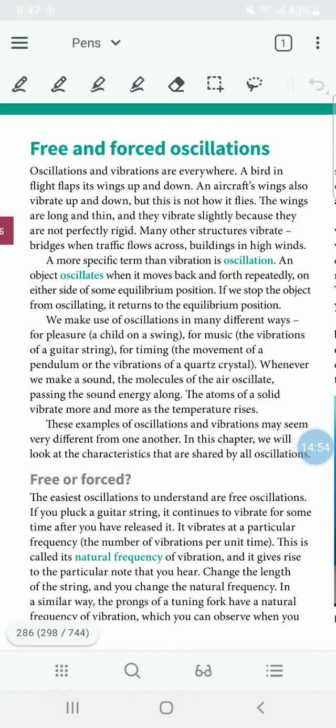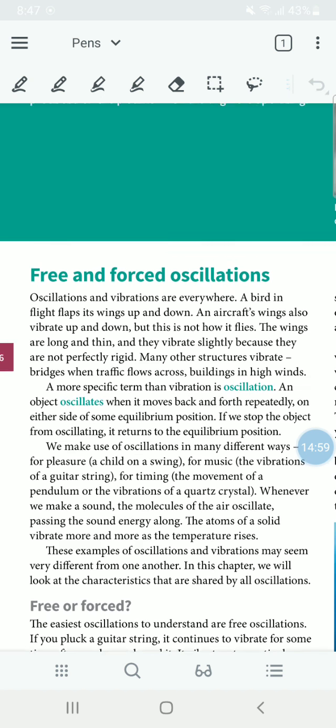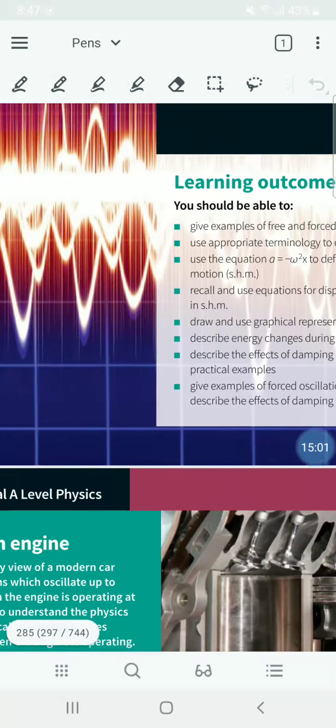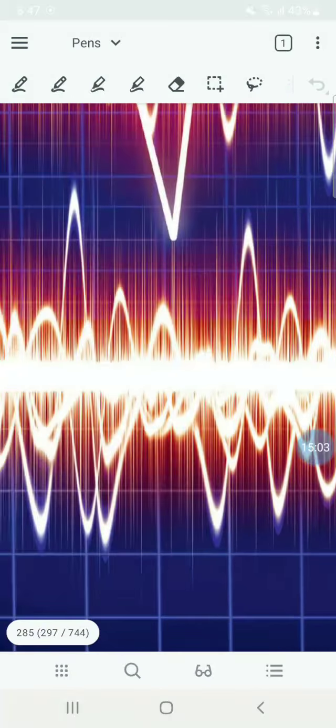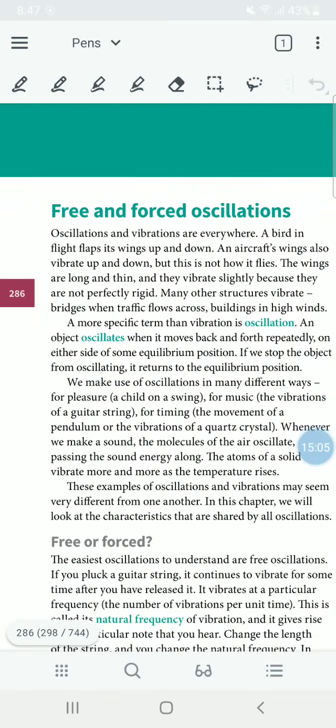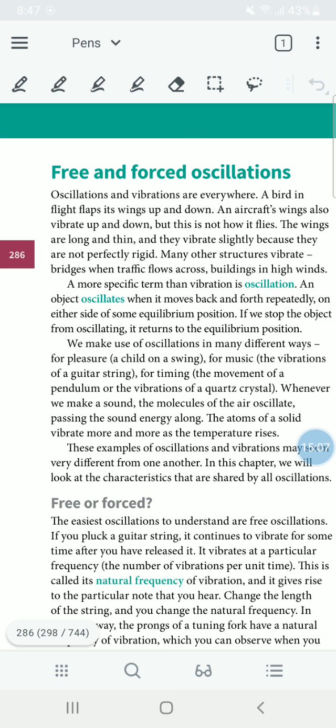But before that, please write down this note. The main topic is chapter 19, oscillations. The subtopic is free and forced oscillations. Under that, write down: a vibration is an oscillation